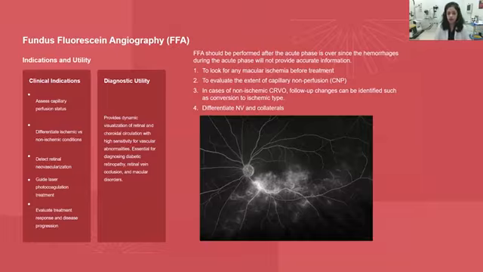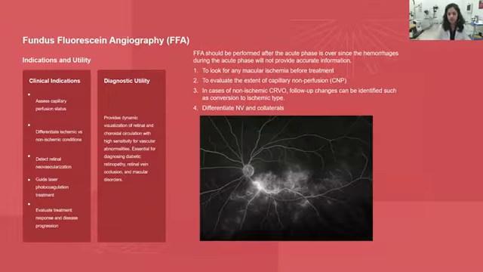So when do we perform FFA in RVO? We perform it after the acute phase is over. Let's say a patient presents to you with full blood and thunder retinal hemorrhages. FFA is useless in this patient because FFA will just show blocked hemorrhages, and you need to wait for the acute phase to pass. So typically they say about 3 months after